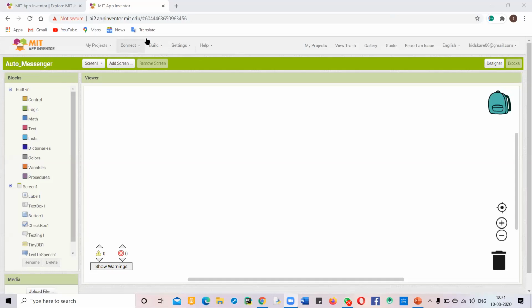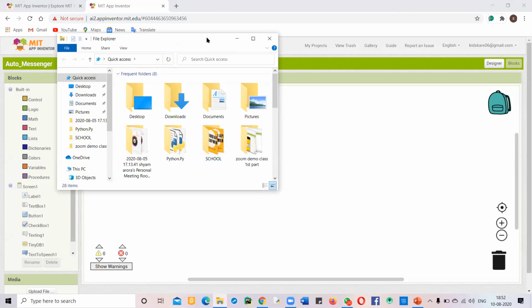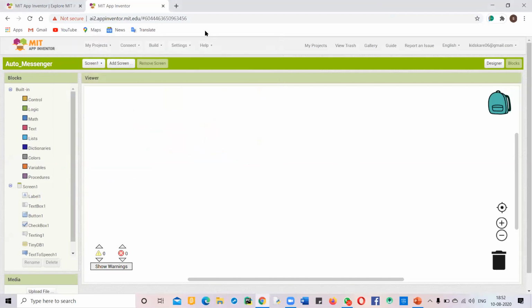Firstly, you have to go on this build button. You can see this build button. Kush, can you see this build button? Yes, sir. Click on this and click on app save APK to my computer. Then the APK of this app will be saved to the default storage, the default folder. Then you have to transfer it to your phone if you are using laptop. If you are using a tab or